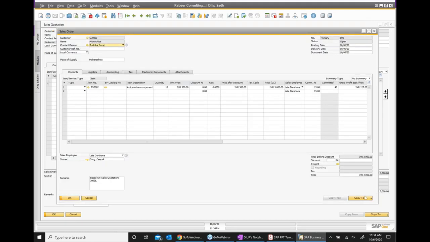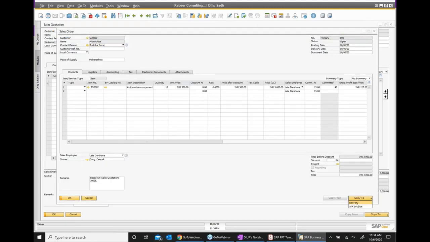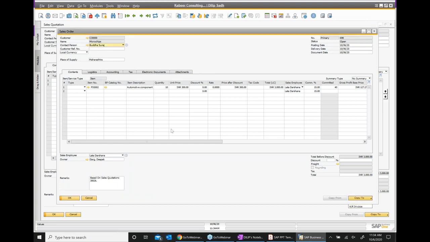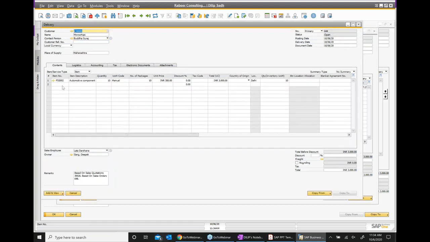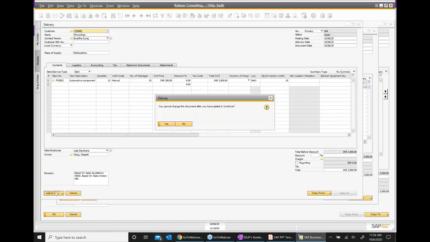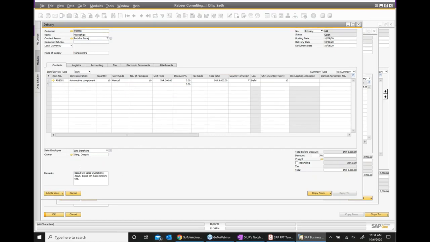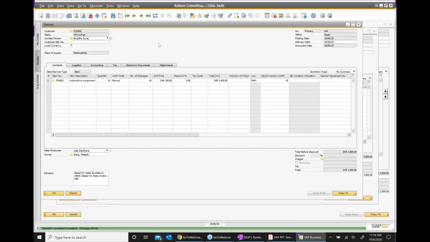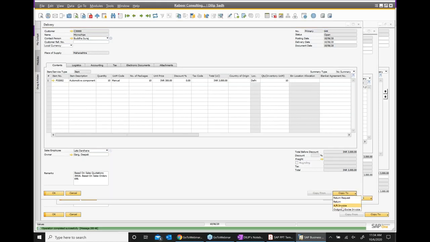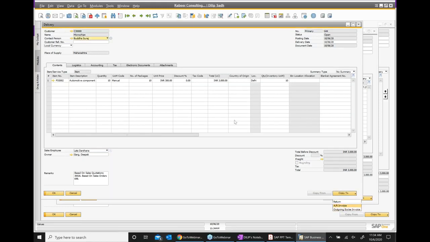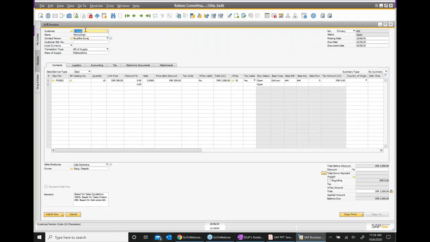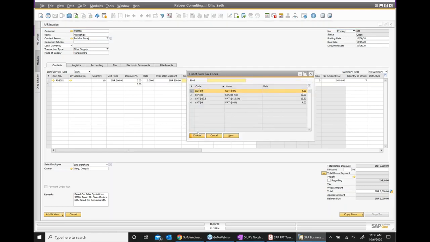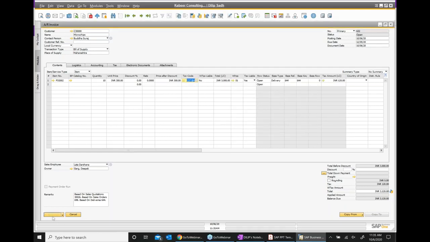Now after the sales order, I want to create a delivery. This is the same thing we have done multiple times before. So we create a delivery document. So this delivery, item number, quantity, add and view, and then we add. Okay. We create delivery now. And after delivery, I want to go to the next step, and that is the AR invoice. So we go to AR invoice, and this is the custom AR invoice. And I enter my tax. This is my tax amount. And I add and view.